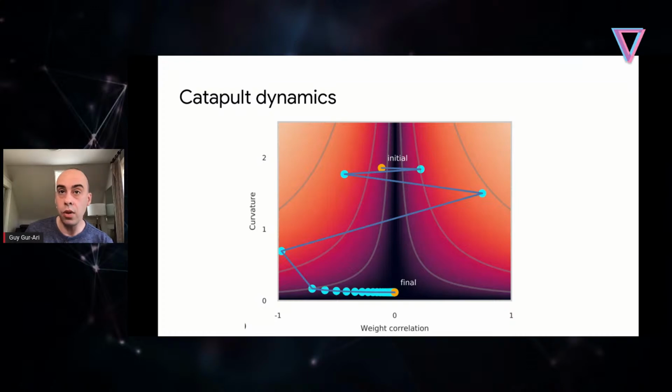We don't yet have results for cross-entropy loss, I can say. I mean, we have initial results, but the story is much more complicated. There is a catapult effect there, but it's not as clearly connected with the best performance anymore, it seems. So that is why it's more murky. The dynamics are much more complicated, and the connection with the performance is much less clear. So I don't have much to say about that.